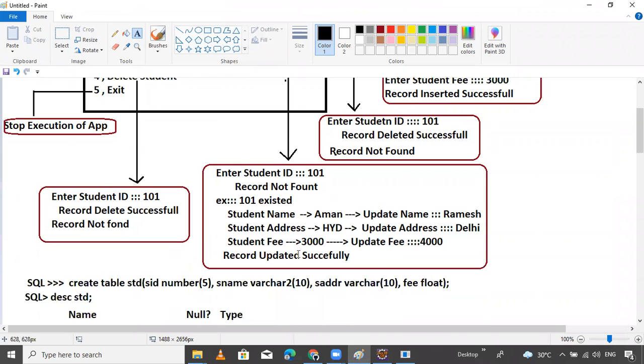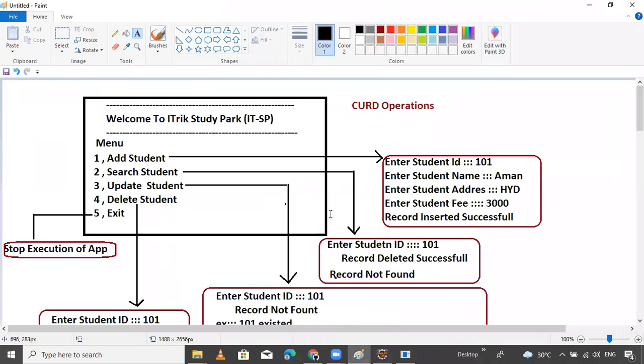Updated, search. Yes, you enter, delete the record, found that. You got deleted or not.